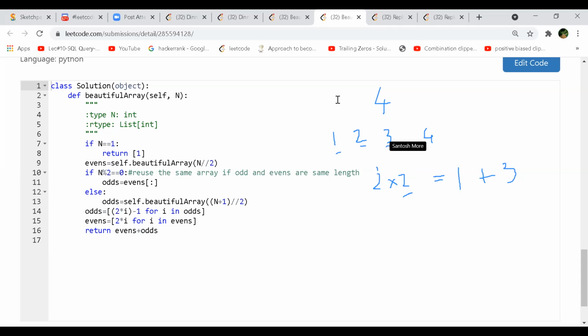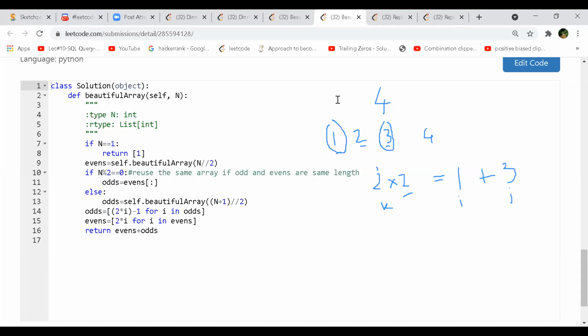So this is i, right? And this is j, and my k is 2, correct? This is my k. So if my k is between i and j, this is not a beautiful one. In that case, a basic observation I can make is, if I have two odds, 1 and 3, like this, and I add both of them, they both are odd, so if I add them, they become even.